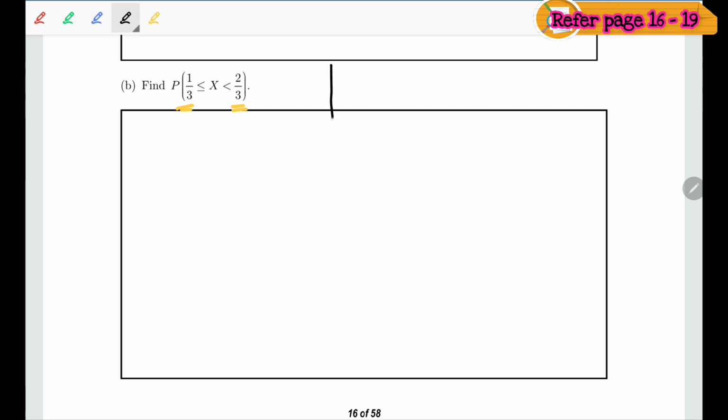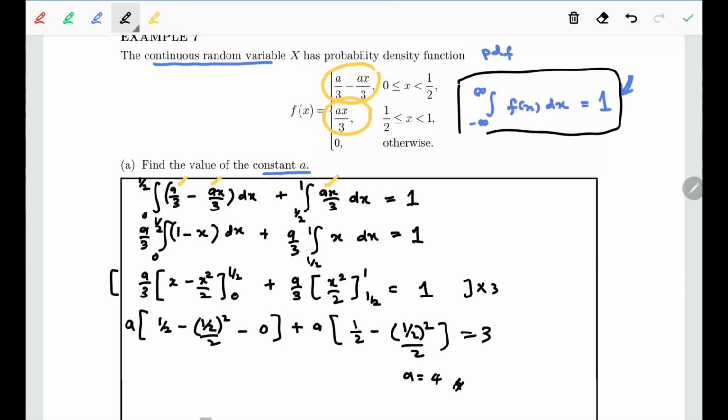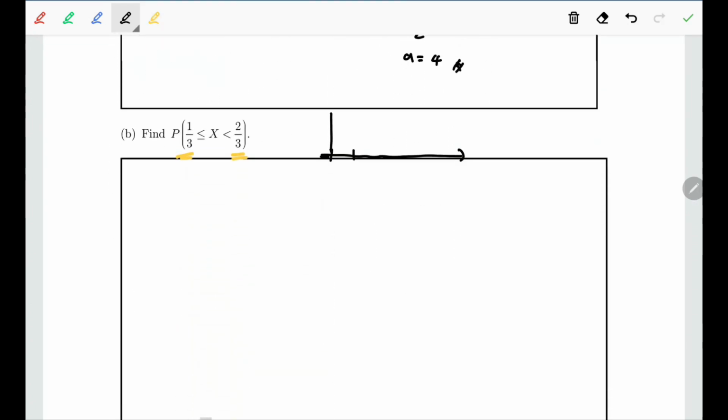You have to understand that in order to find the probability from 1 over 3 until 2 over 3, it means we have to find the area from 1 over 3 to 2 over 3. Since for this question we have two non-zero functions, from 0 until 1 over 2,